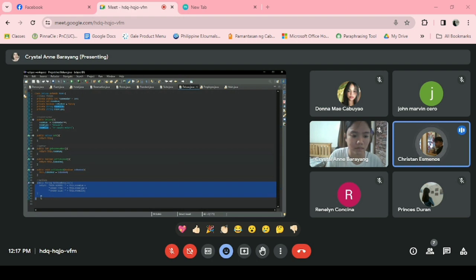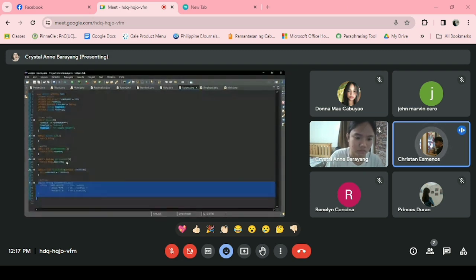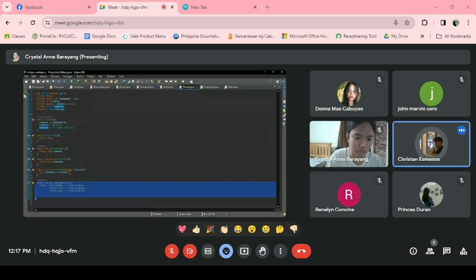Similar to the Standard and Suite classes, the Deluxe class also overrides the abstract method getRoomDetails declared in the parent Room class. The overridden method provides specific details about the deluxe room, including room number, type,